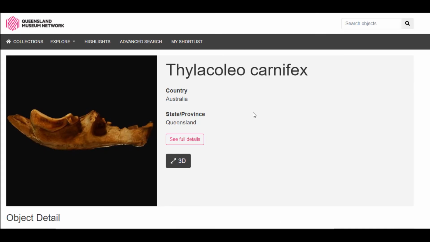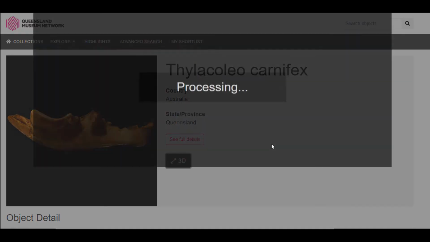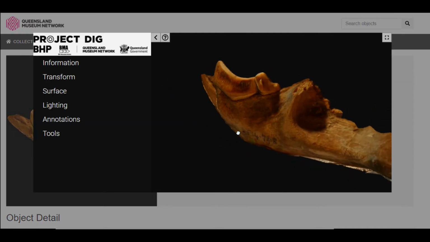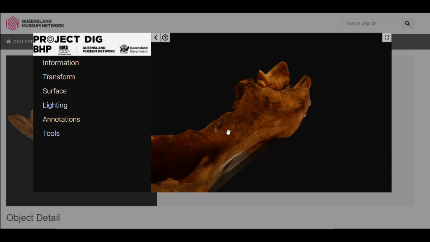So this is a bone specimen of one of the items that's within their collection. It's a particularly important item, and so they've done a scan of that object, and by clicking on the 3D link I can open up that 3D scan, and so that's using the third-party platform of Pedestal. That content can be accessed directly through the Pedestal 3D website, but we've extended Vernon Browser so that those 3D scans can be embedded directly within the website.